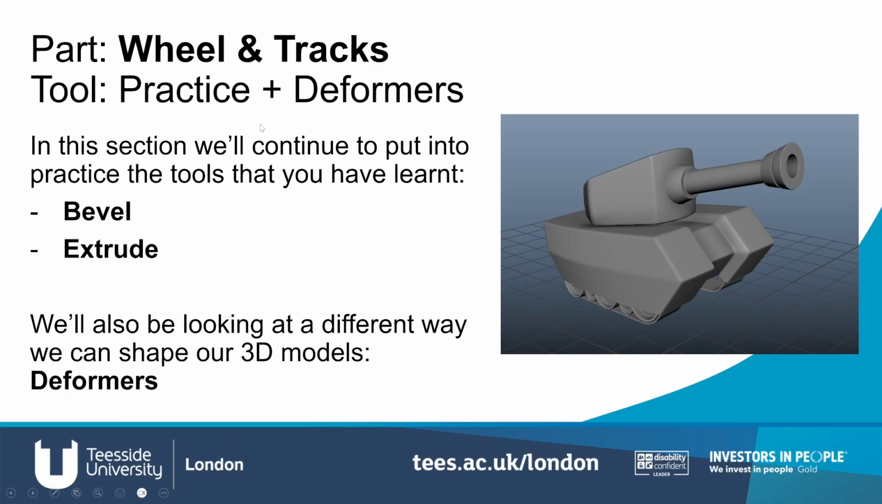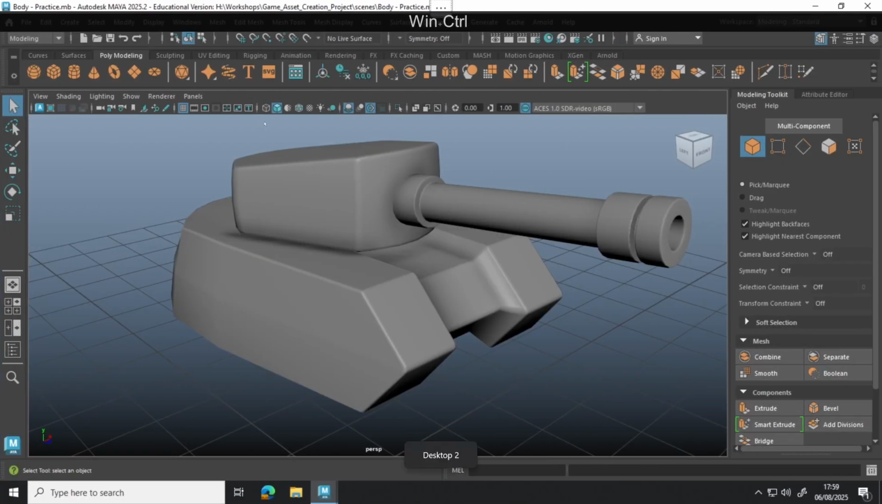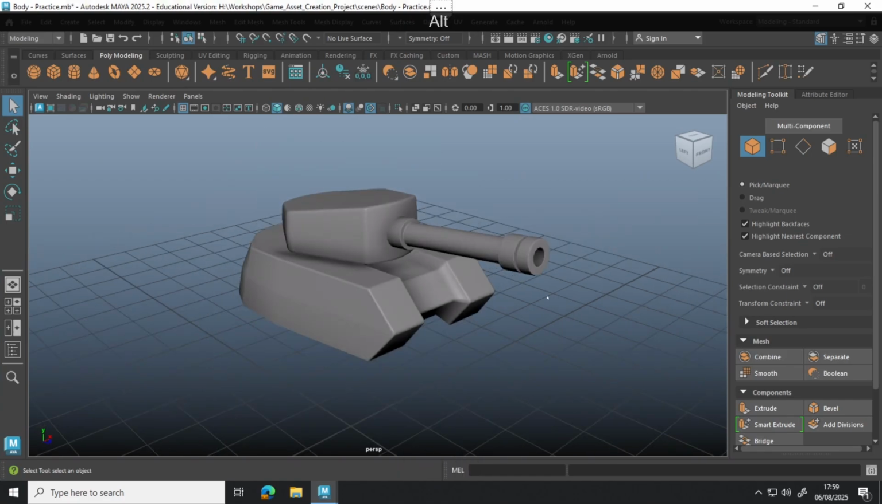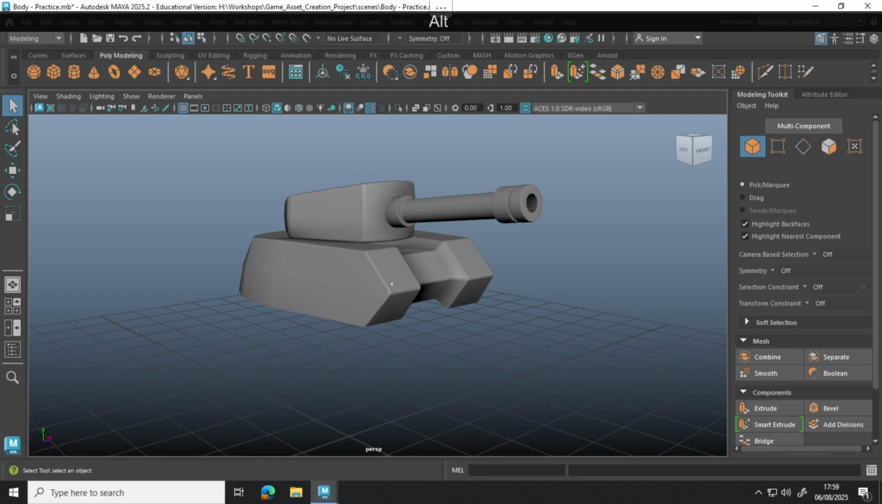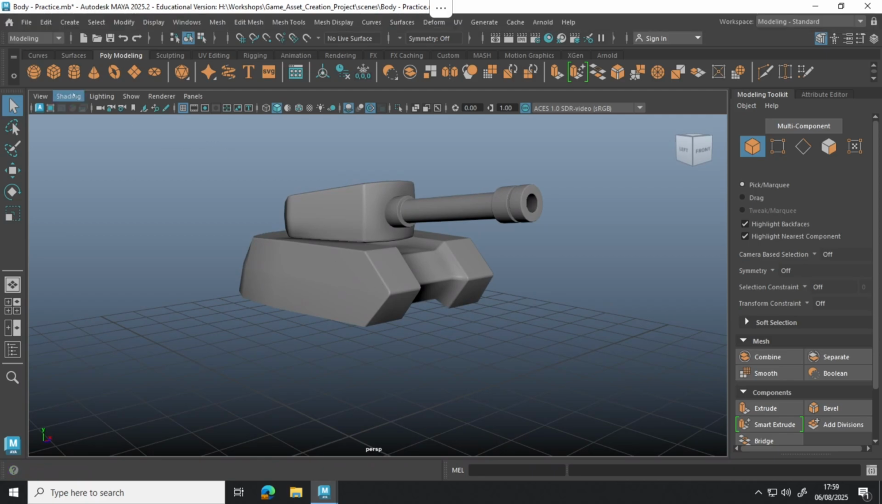What we're going to look at next is incorporating the wheels and the tracks underneath the tank, as well as introducing a new tool, which is a different way we can shape our 3D models, and that will be called Deformers. So we're on to the last modelling section of creating our full 3D model, and to do this, we're going